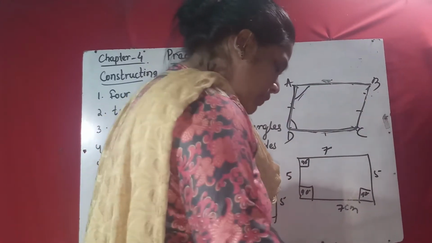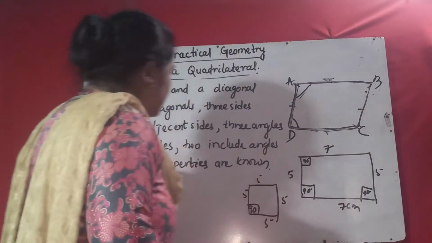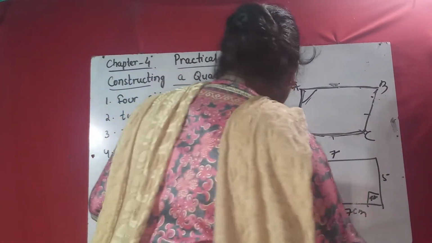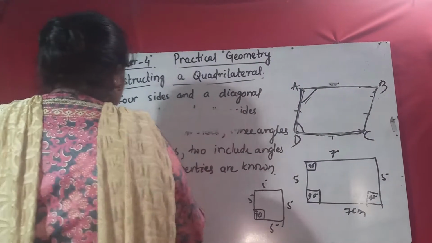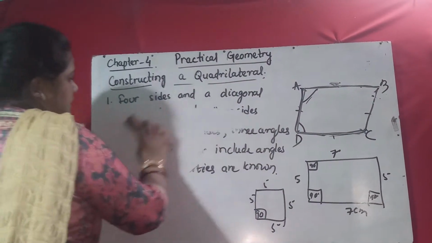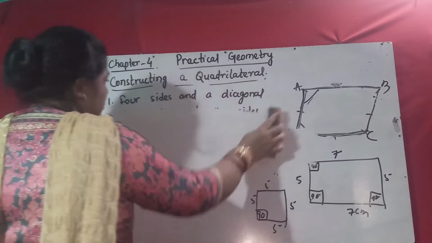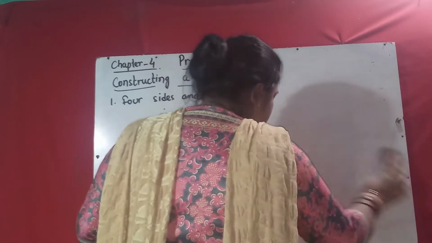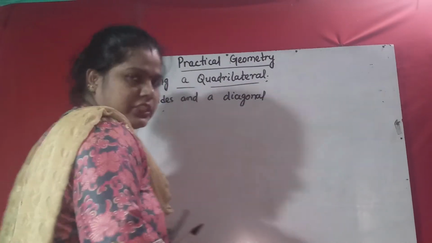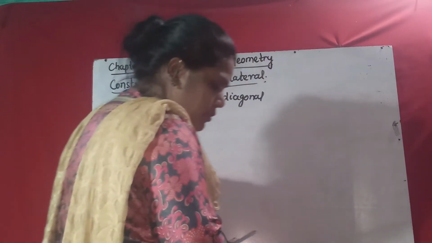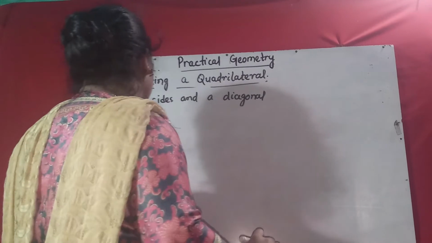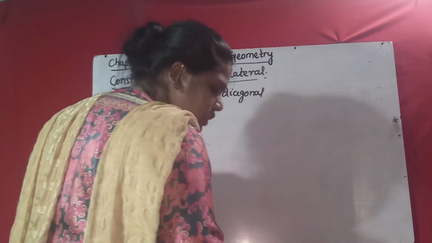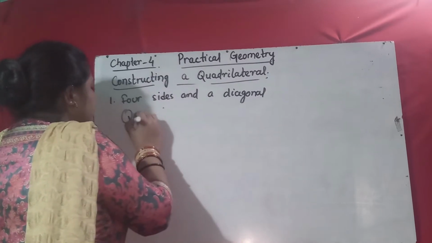So first of all, when 4 sides and a diagonal length are given, to construct, what do you do first? First you write what is given to you. You will get step marks in constructing. So first you write what is given. Suppose four sides and a diagonal are given. Your question is: construct a quadrilateral